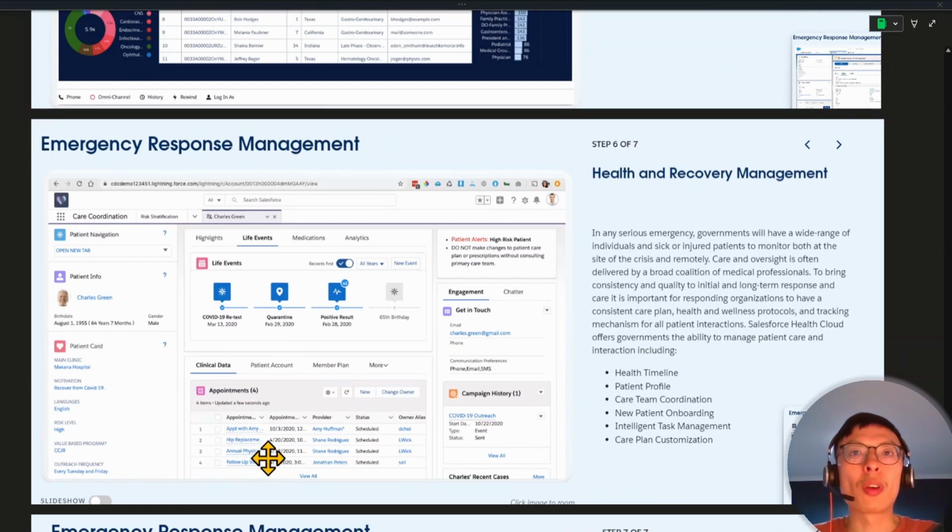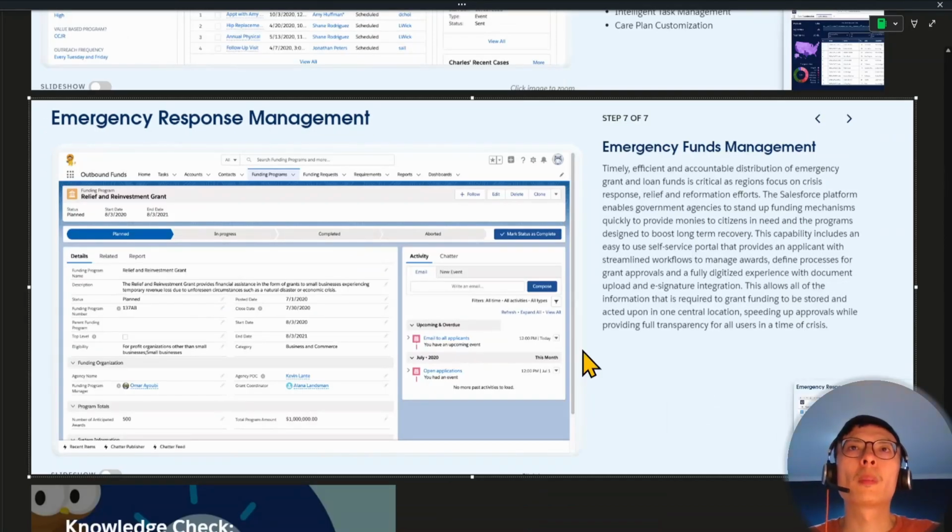For example, over here you can see various different appointments for clinical data. There are also live events to do with quarantines and testing for COVID, and there's engagement details as well. When it comes to emergencies, it's quite important to have emergency grants and loans to help crisis response, relief,